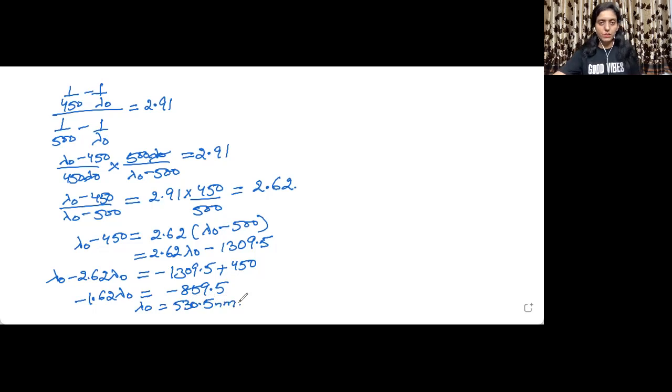So this will be the answer, 530.5 nanometer. So we have found the lambda naught value. Now the second part of the question is that we need to find out the Planck's constant. Now what you can do is take any of the three equations that we have written in the beginning. That is hc upon 10 raised to the power minus 9, 1 upon 500 minus